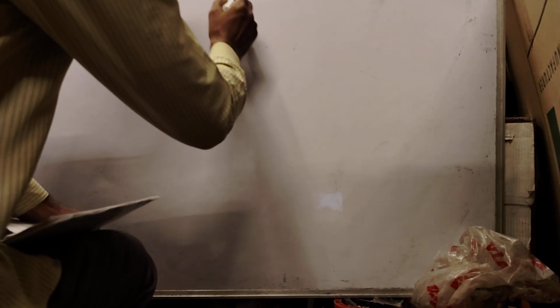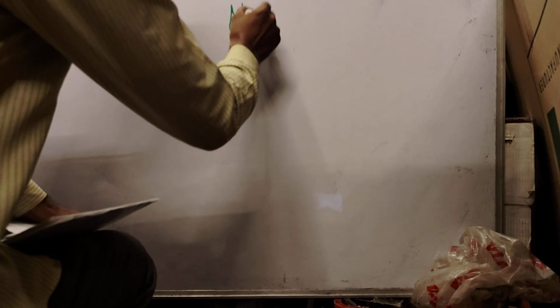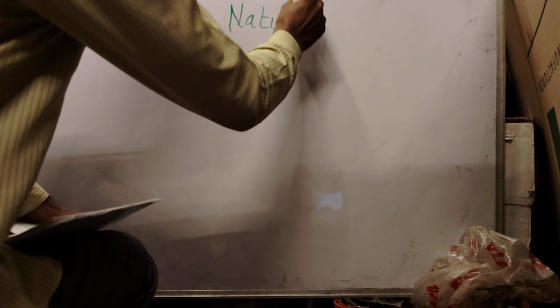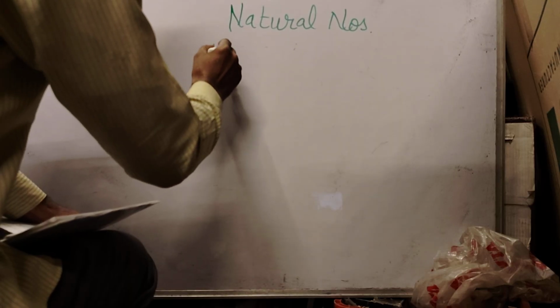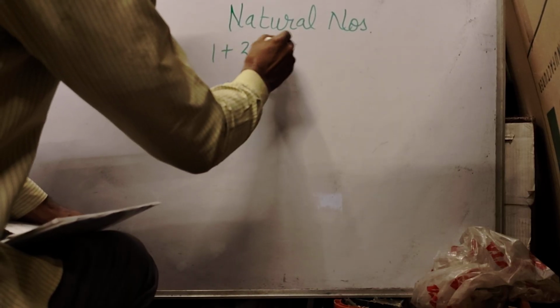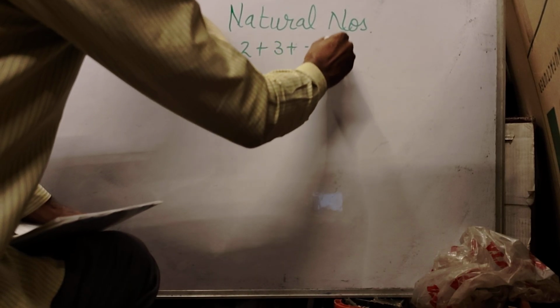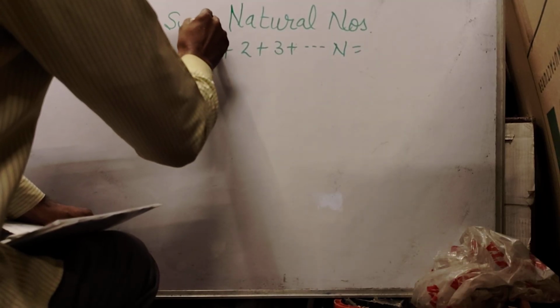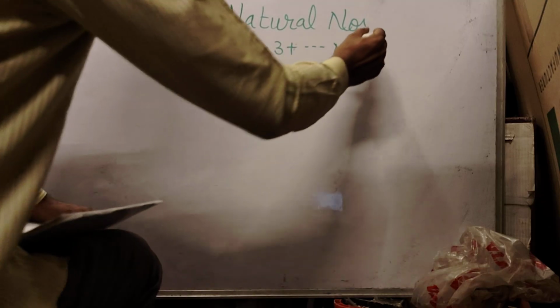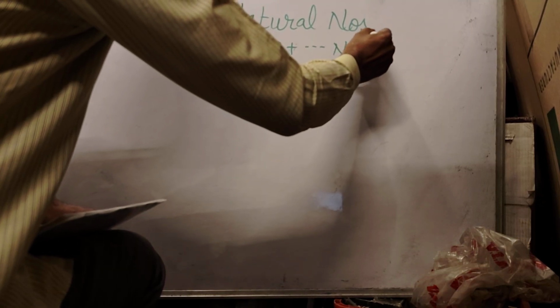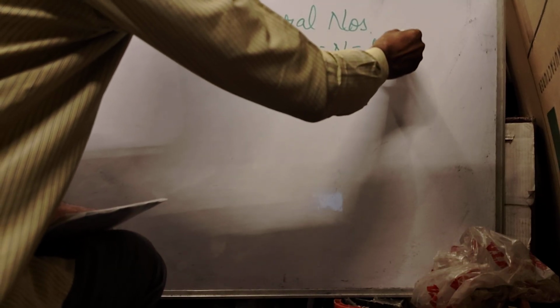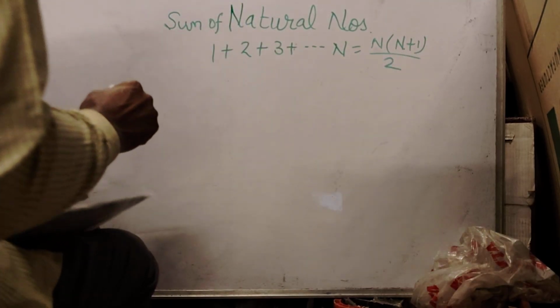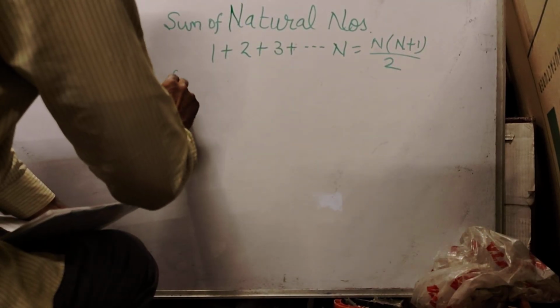So come to again natural numbers, sum of natural numbers. First natural number is 1 plus 2 plus 3 plus dash dash dash n natural numbers. So sum of natural numbers, first formula. Its formula is n times n plus 1 over 2. Next series formula is